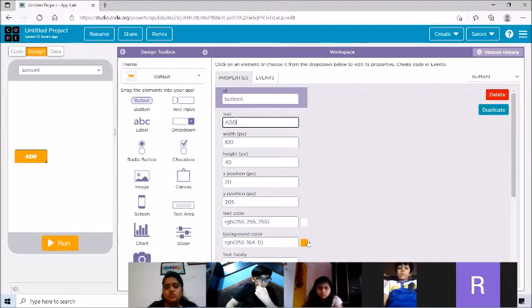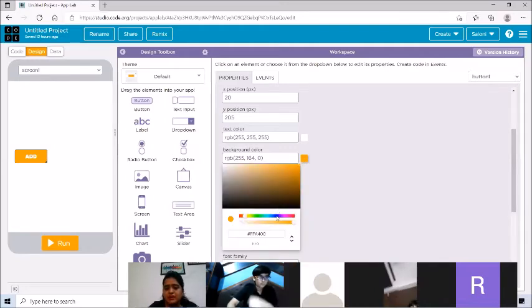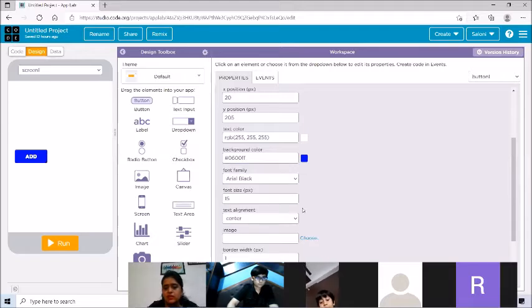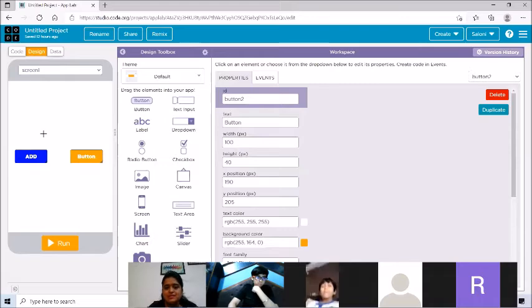Okay, I can also change the color of the button from here. Right now it is yellow in color. I can have some other color also. Okay, any color button you can have. How about taking this blue color? Right, fine. Now I'll take the second button. Again, I'll take this component, put this here, and then I can set the properties of this button. On the right hand side, under text, I will write sub. Okay, sub is for subtraction.